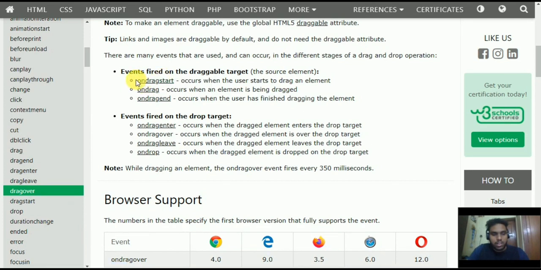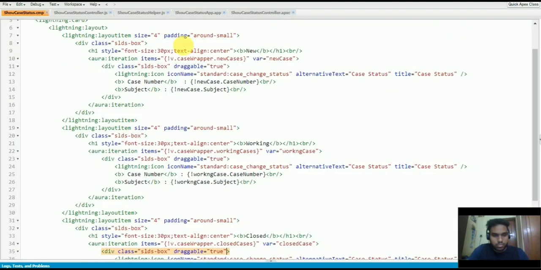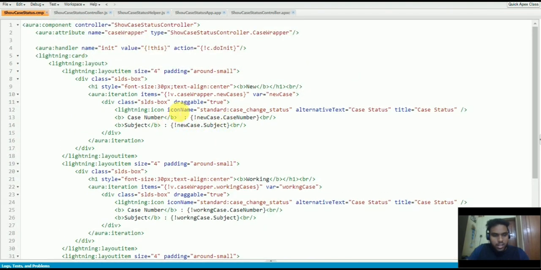So I'm going to do one thing here. I'll use this on drag start, and I'm going to add it to this div. On drag start, I'm going to call this function called drag start.